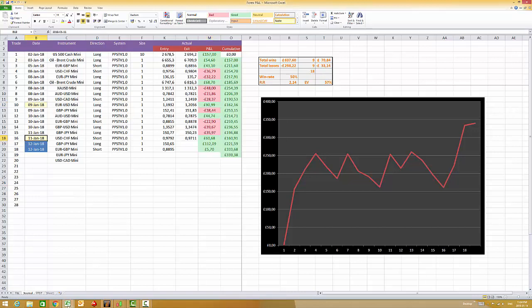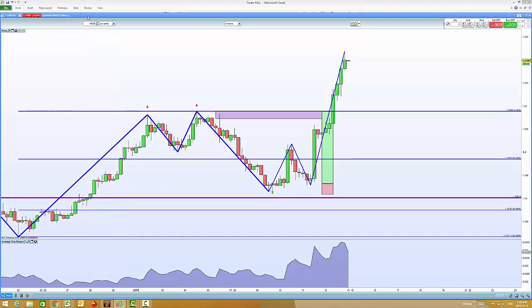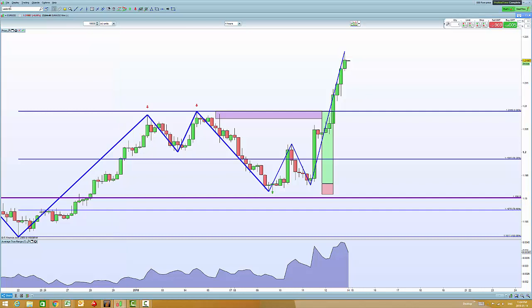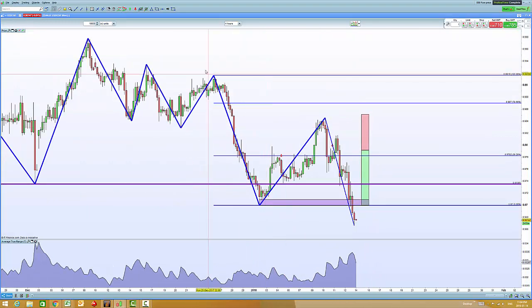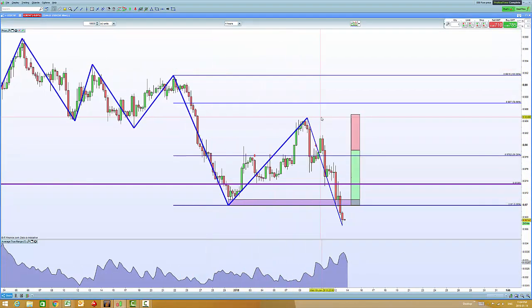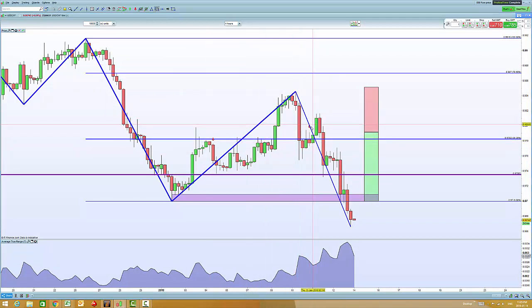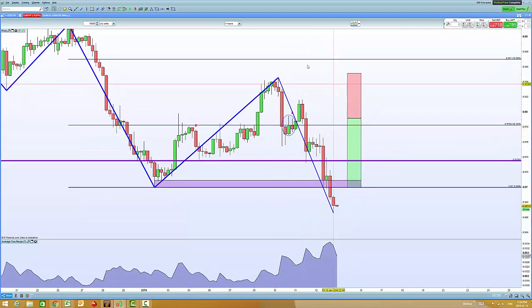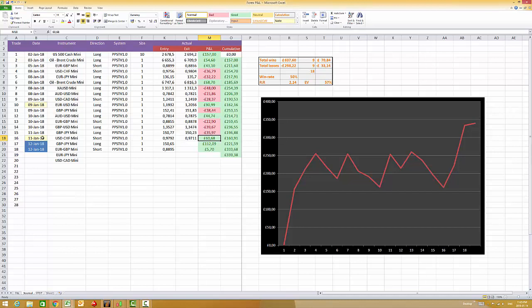Another one which worked in our favor was the USD franc that was on the short side. Let's have a look at that one. And again, we got short. We had this push to the downside over here. Market retraced back up. We actually got short on this candle over here. As you can see, that's hidden behind the line, but there's our short signal over there. We got short in that zone, had our stops in above the swing high, and then we just pushed to the downside again, hitting targets nicely. So again, decent trade for us, and we netted about £60 on that one.